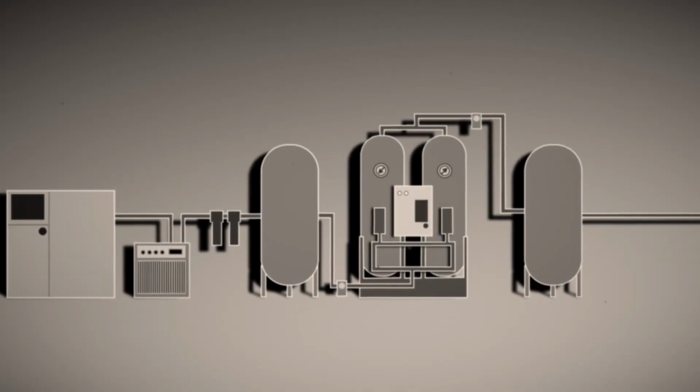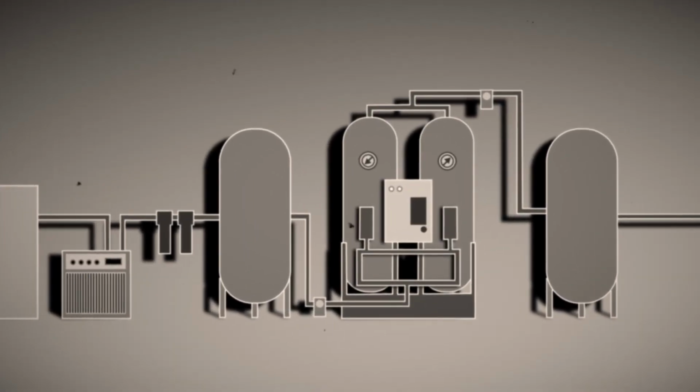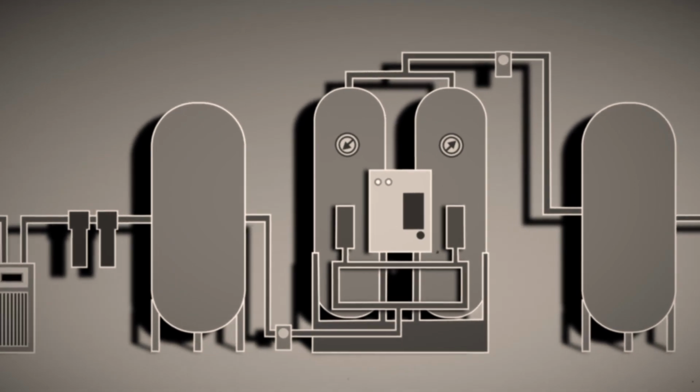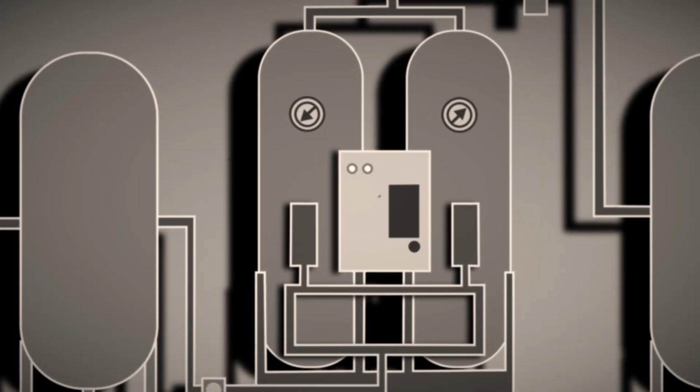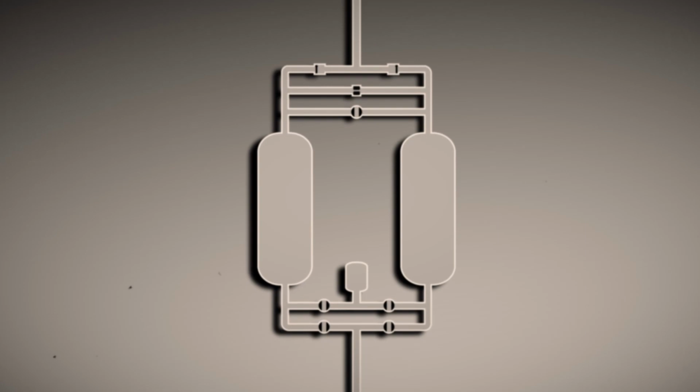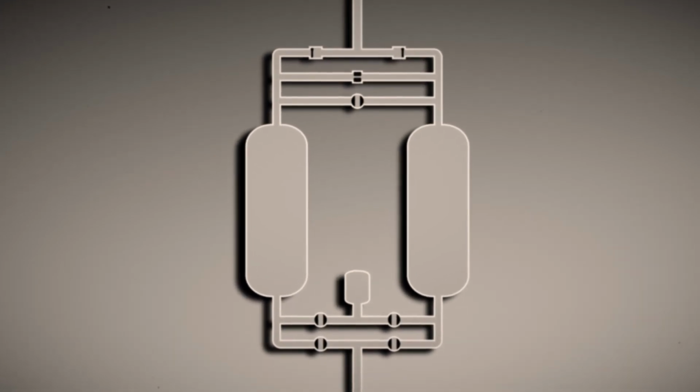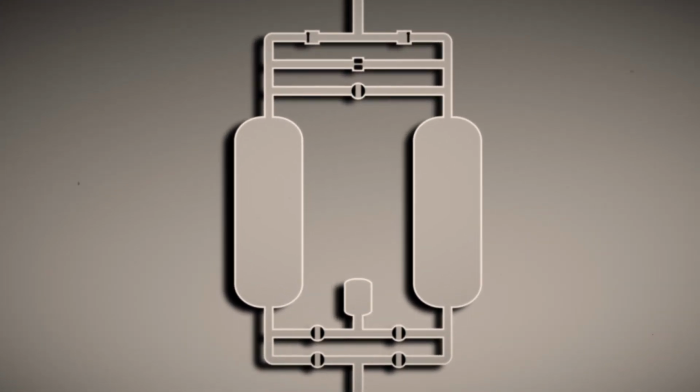At the core of the PSA plant are two sieve beds. Here, oxygen is separated from compressed air using the pressure swing adsorption cycle. Let's look at a schematic view of the sieve bed so we can better understand exactly how the pressure swing